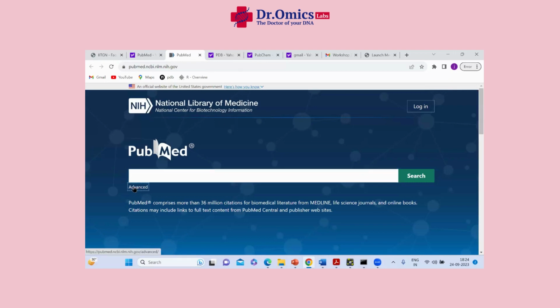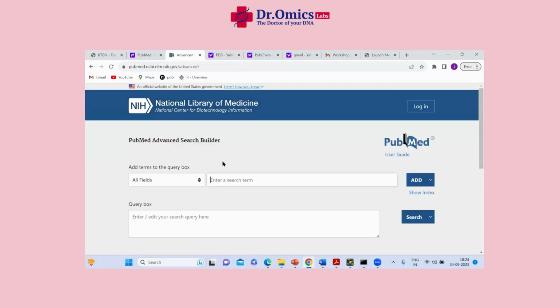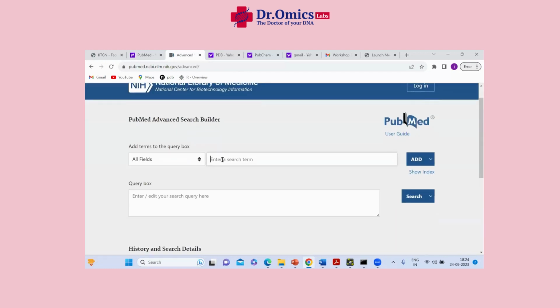So we can go to the advanced search. Of course, many of you must know how to access this, but I will make it a little bit easy for you. If you type the term diabetes, you will get more than 3 lakh research papers, and all of them are not useful. So what we will be doing here is typing